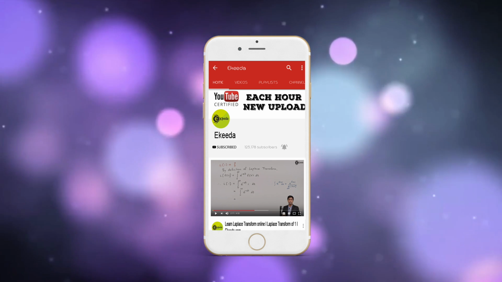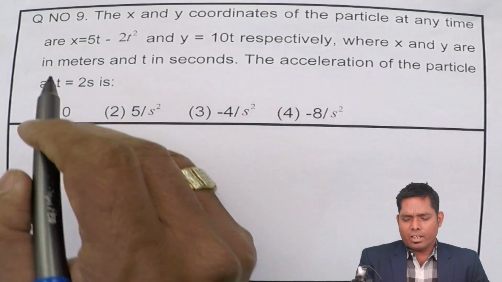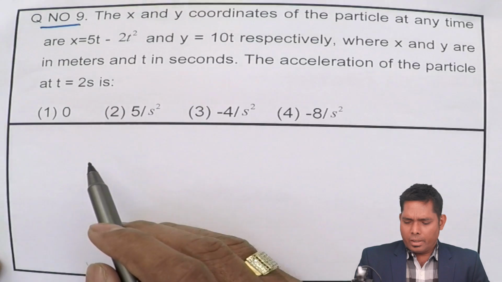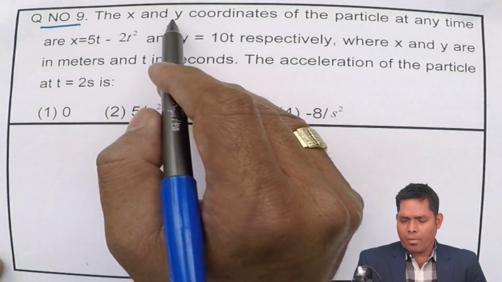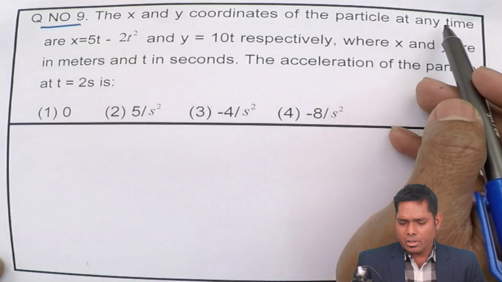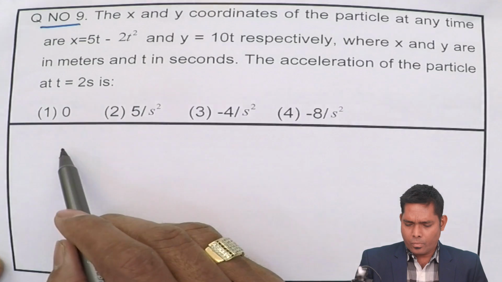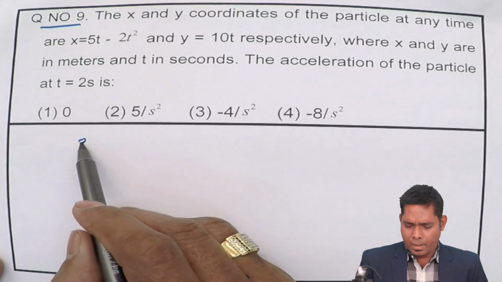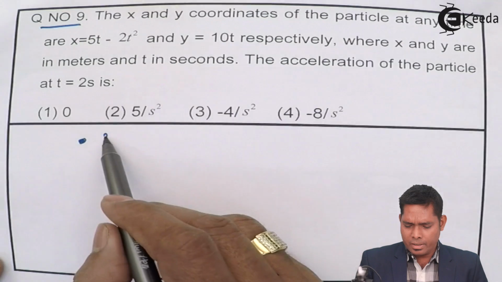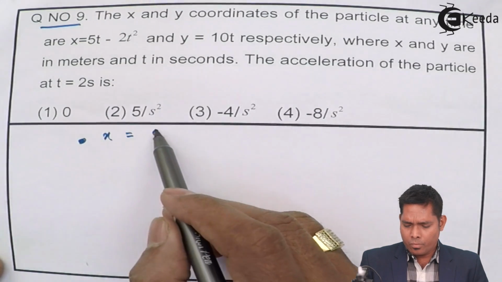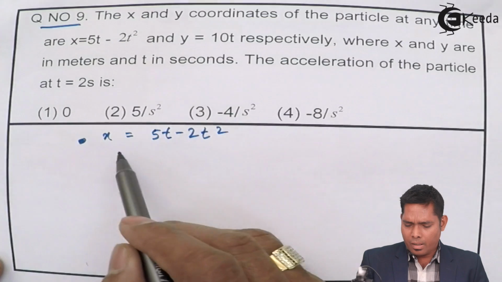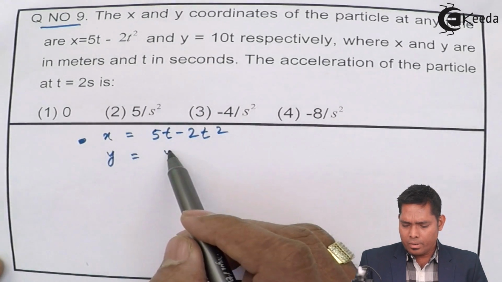Hello students, let us solve the next question, number 9 of the 2017 NEET physics paper. It says the x and y coordinates of a particle at any time are given as follows. Suppose the particle is here, its x coordinate is given by 5t minus 2t square and its y coordinate is given by 10t